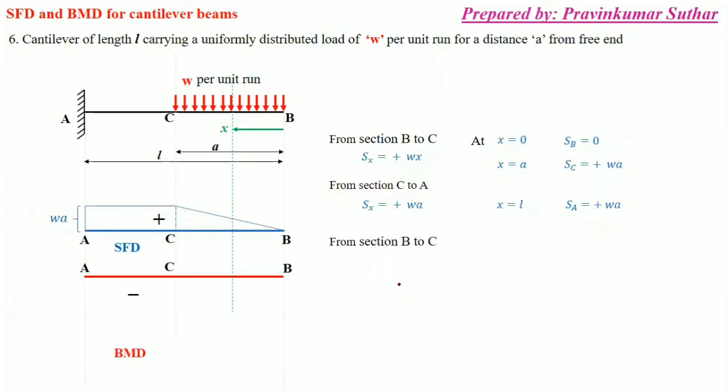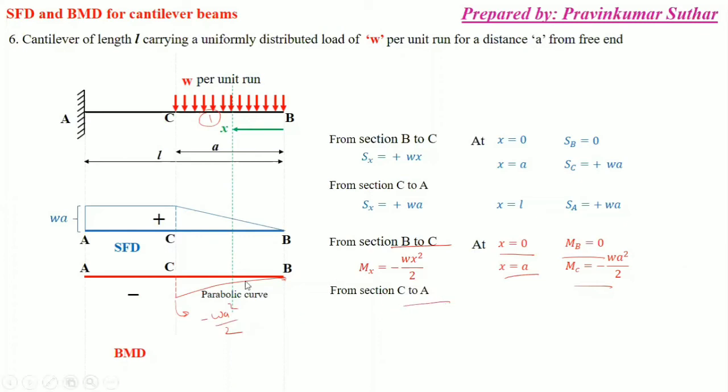Second, for bending moment diagram, as you can see, for section 1 B to C, we have Wx square by 2. So after putting the value we will get like this. So just we have here 0 bending moment, and here we have the bending moment value is minus WA square by 2. Now next from section C to A, as there is no load, but the effect of this